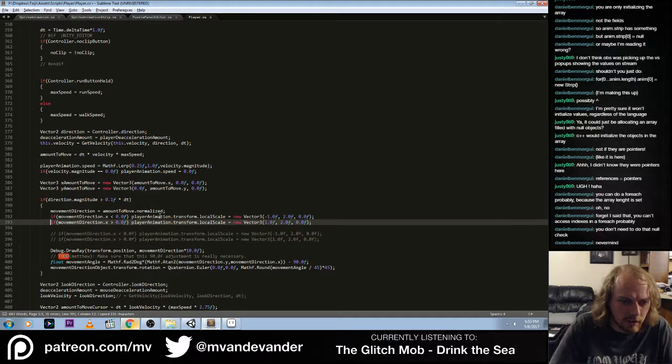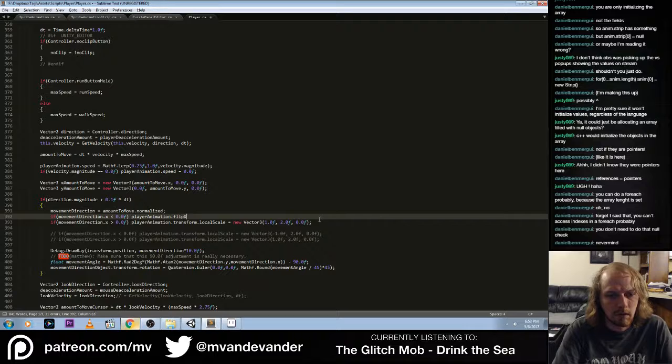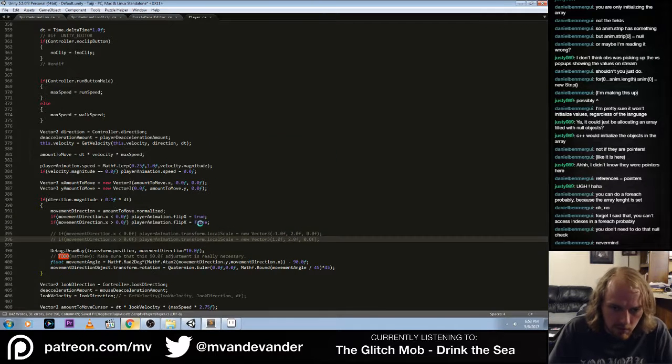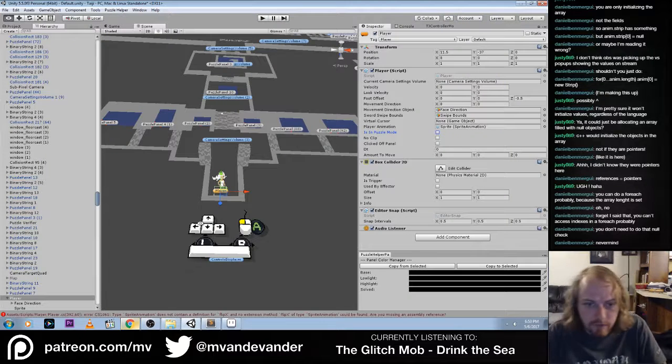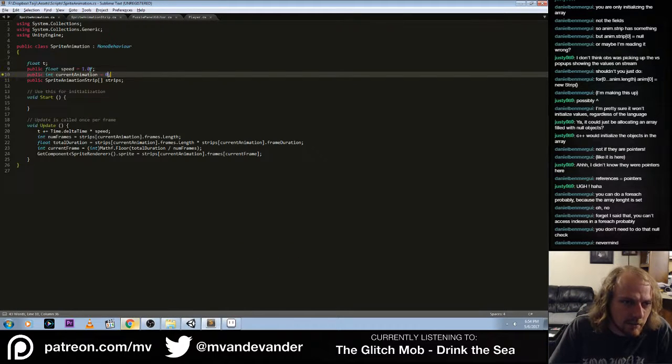So I'm going to do it like this, where we have a, like, flip x equal to true, and then here we got like flip x equal to false, or something like that, basically. Seems tolerable. That's not totally gonna work yet, but